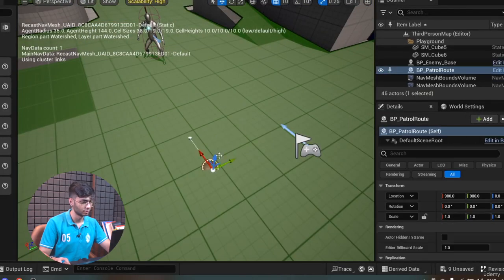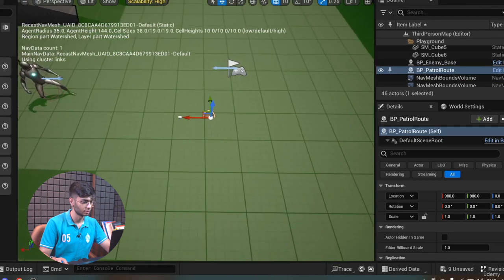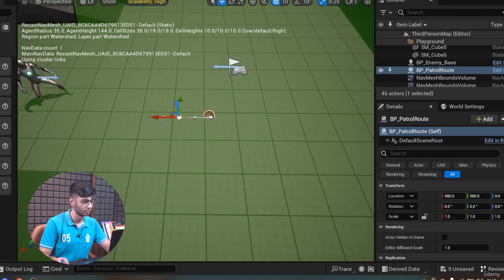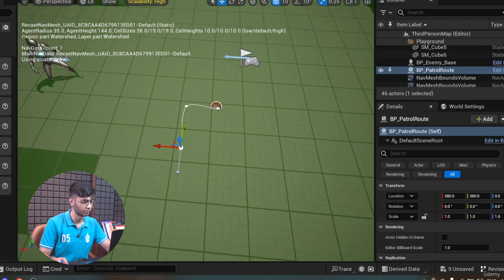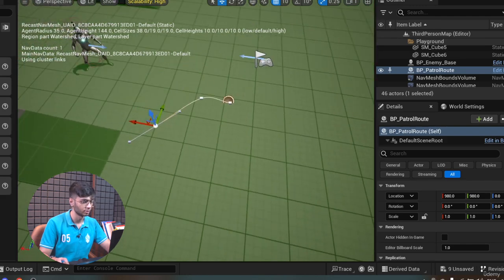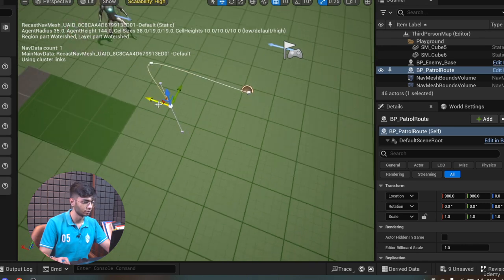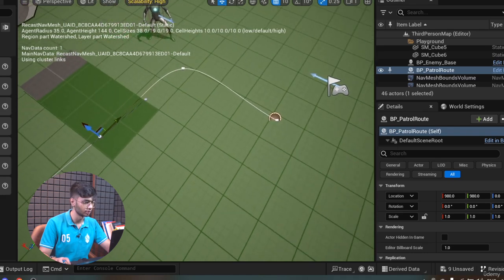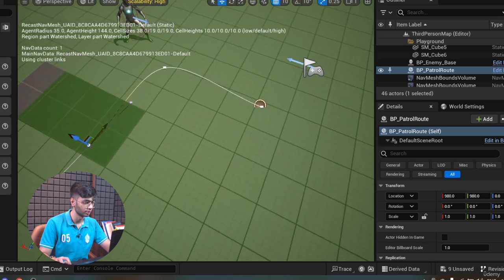So if we see, it's just a line here, but we can basically select this and alt drag from here to create a route for our AI. So let's say these are the points that we want the AI to move towards. So that is one point. Then we can go here, we can add some curve to that point using these two bars basically. So if I select that,